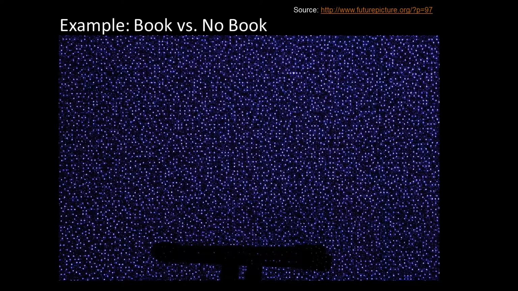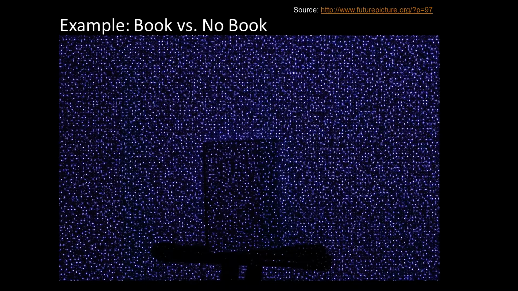So on the left one, I'm just projecting it on a flat wall and looking at it. And on the right, that's the offset that comes from the book. And by the way, what is this little pattern, this little thing here? That's a shadow, right? Because the thing is offset a little bit and I'm projecting here, there's a little area right here that I can see with the camera that can't be seen by the projector. That's what the black pattern is. In this particular case, the projection is coming from this side and the camera is coming from that side. All right,